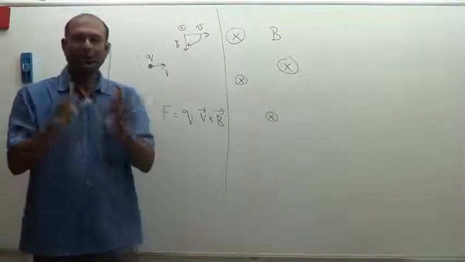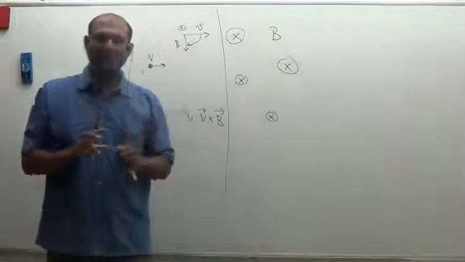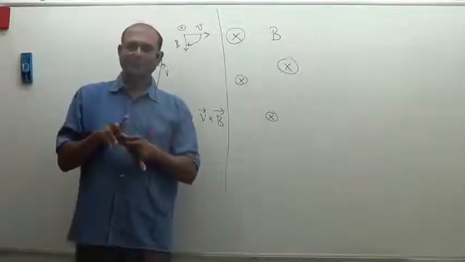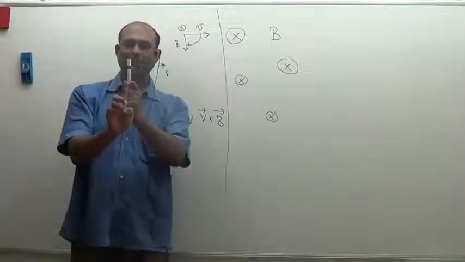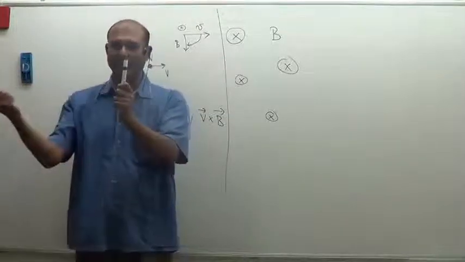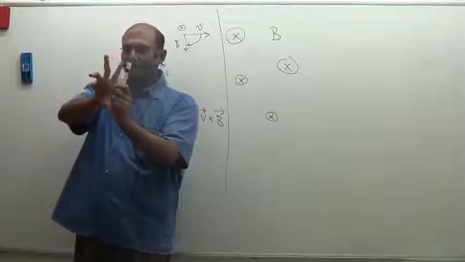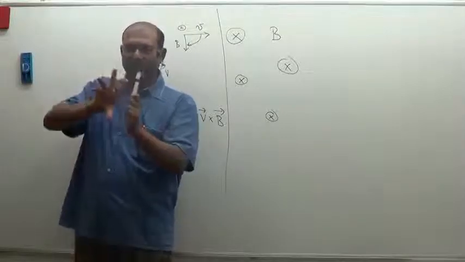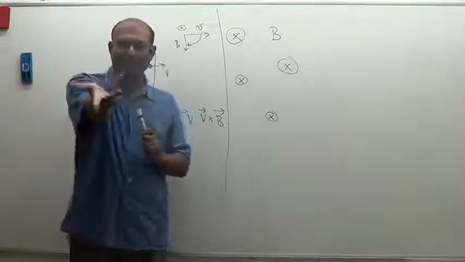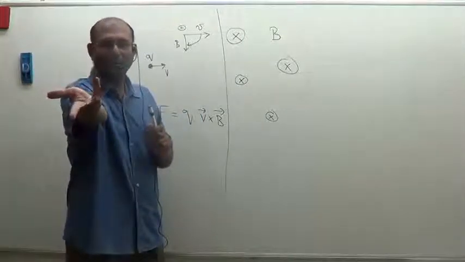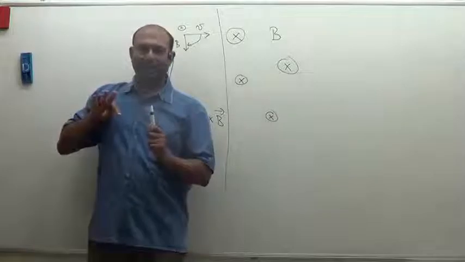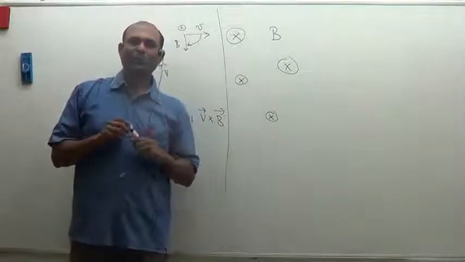Okay. So what I would like you to do is to just try this thing out. This is called the right hand screw rule and it's a very useful thing. So imagine there is something pointing upwards and there is something pointing to your right. Okay. And so if I do this, so just use your hands and do this. It's like one Bharatanatyam dance. You can try it out. So if I do this, it goes forward. And if I do this, I come back. It is like opening a bottle cap.